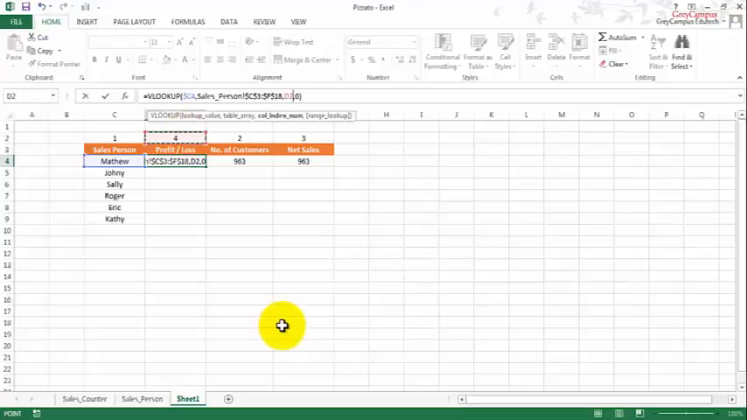The catch is that if we copy this particular formula down, what will happen? This D2 will change to D3, D4, D5, D6. Here I don't want this 2 to move, but I definitely want this D to move to E, F, G. So I will mention it as D$2. The thumb rule says we